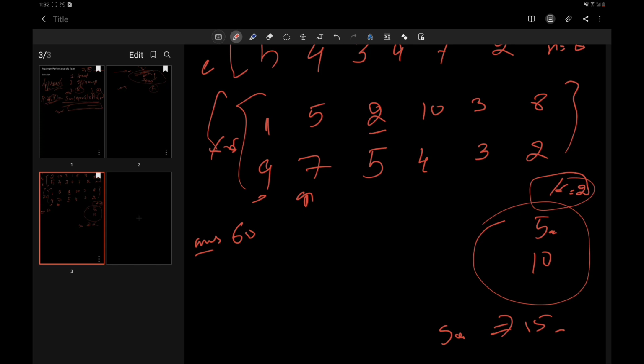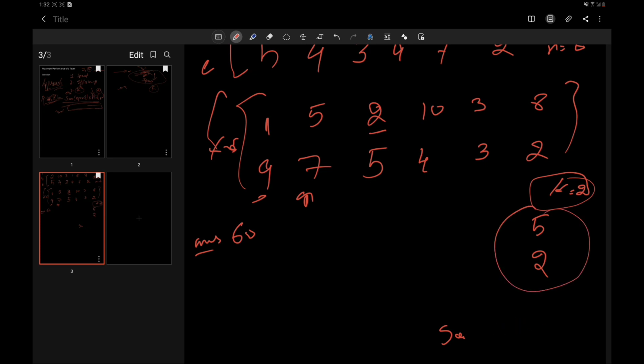For example, in this case when there was 5 and 2, the sum was 7. So when 2 was popped out, it was 7 minus 2 plus 10. Alright, 7 minus 2 is 5, 5 plus 10 is 15. So that's how we will approach our sum variable, and we will maintain it and add to the queue as well, not the sum but the value. Now we multiply this with the value we are at.